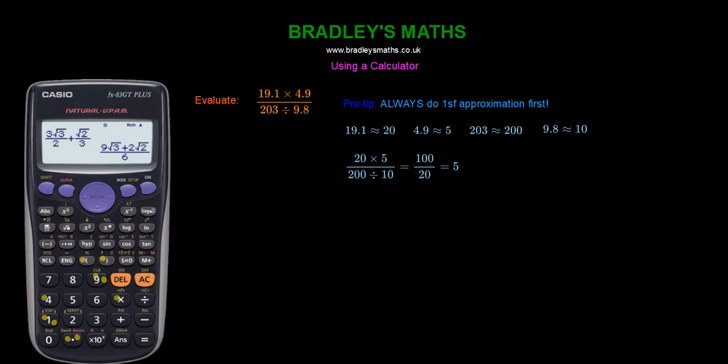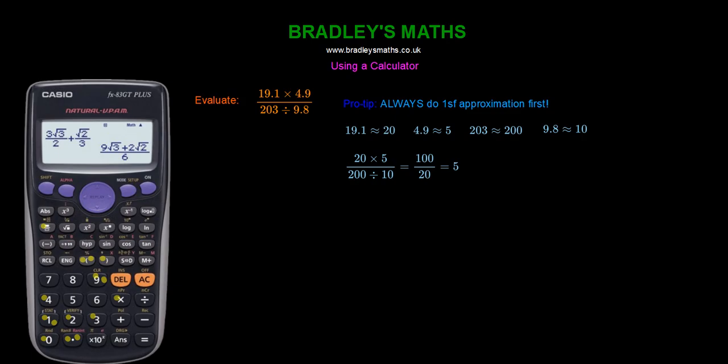So now we're going to move on to the next line. So we either put in the divide key, which is here, or we put in the fraction key, which is here. I'm going to put the fraction key in, so we press fraction, open brackets, 203,